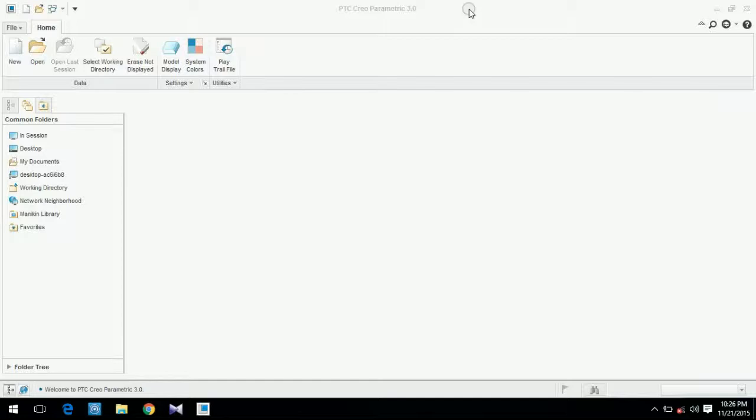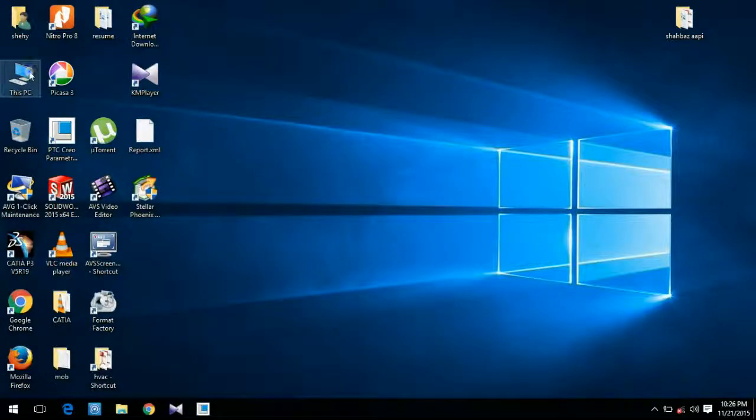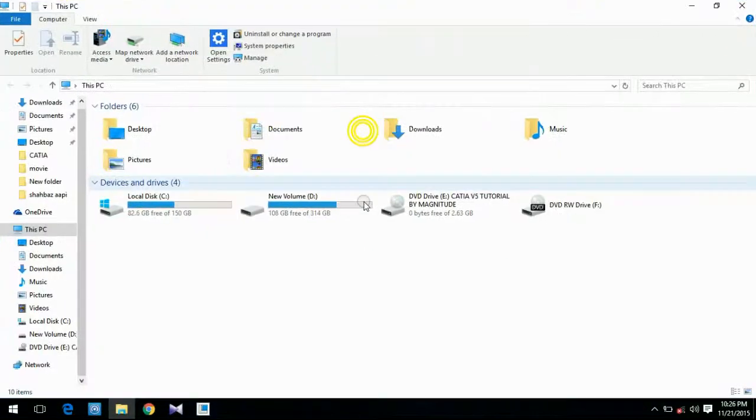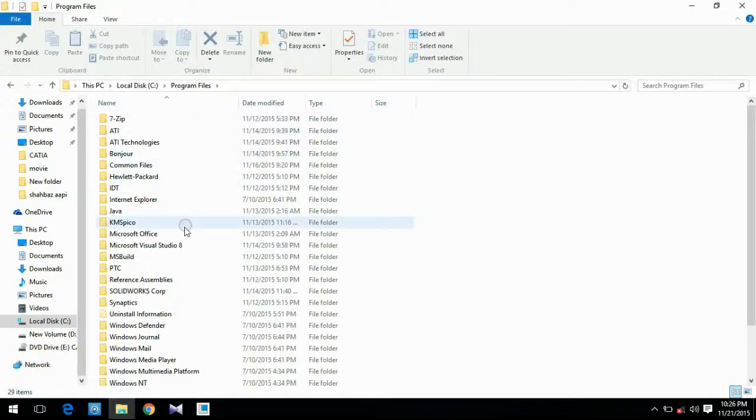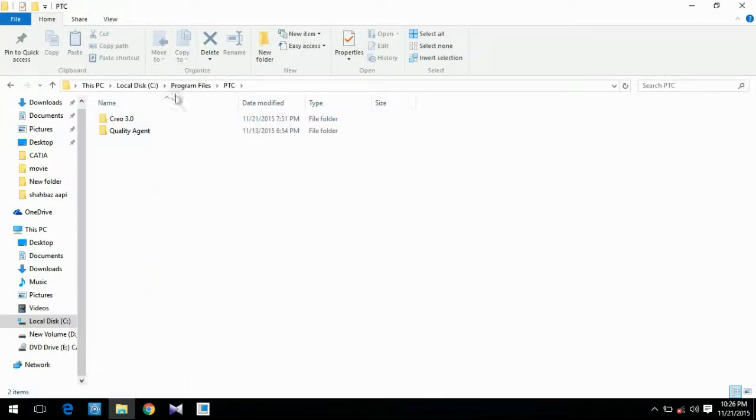If you have installed Creo Parametric properly, you will get a folder in My Computer, C, Program Files, then PTC, then Creo Parametric, whichever version you installed.